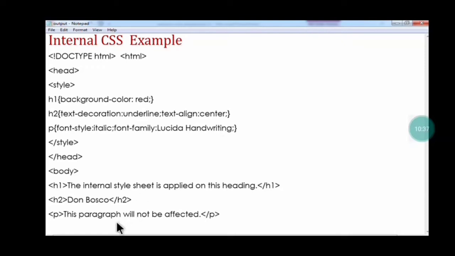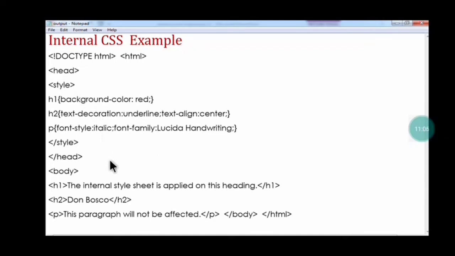So this paragraph will not be affected, it's written, but it will display the font style italic, font family Lucida Handwriting. Then close the body tag and then close the html tag. So this is an example of internal CSS with different properties and values.